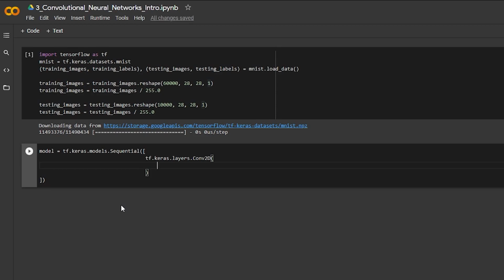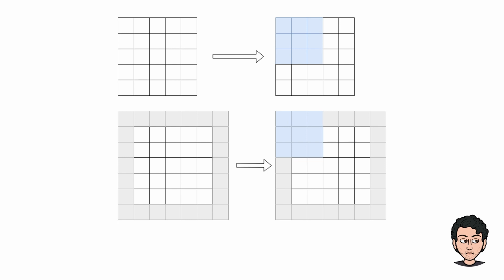But right before we do that, I would like to cover a little bit of intuition behind this. Right before we move on with the bigger picture, I want to show you what padding is. Padding is one of the concepts that is very important when it comes to convolutional neural networks. This is a basic concept that we will go through.